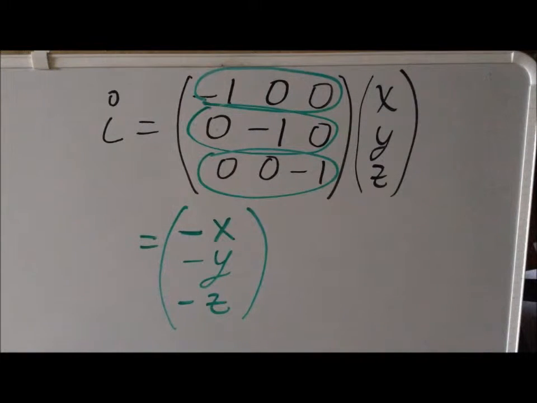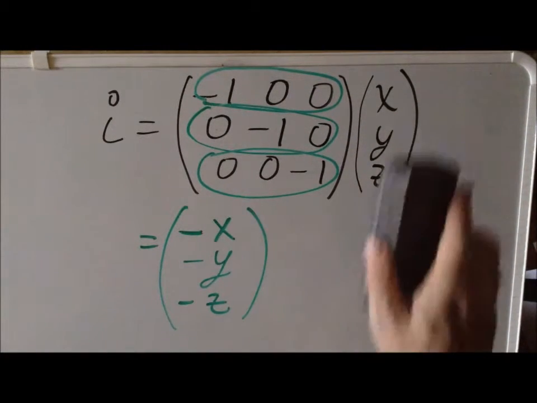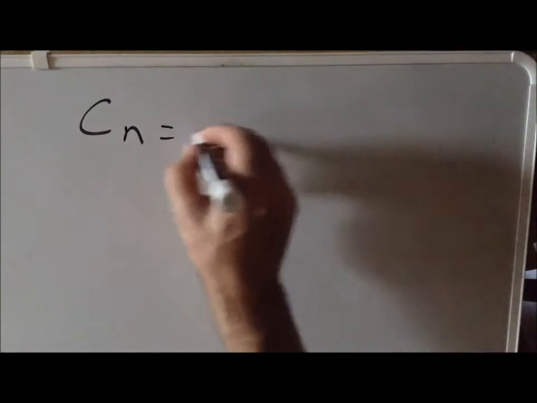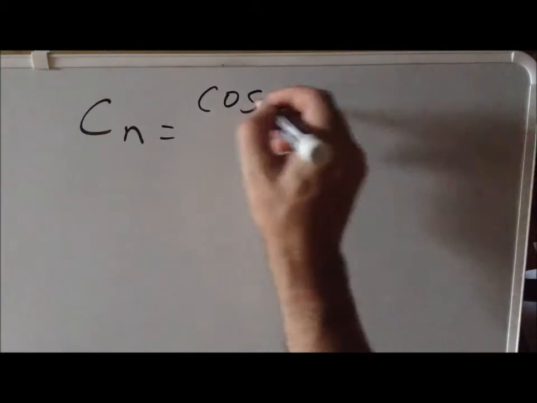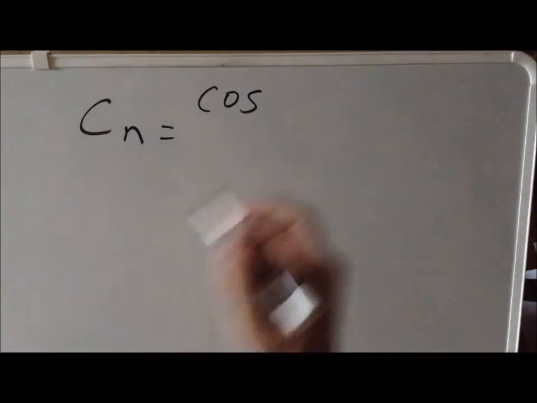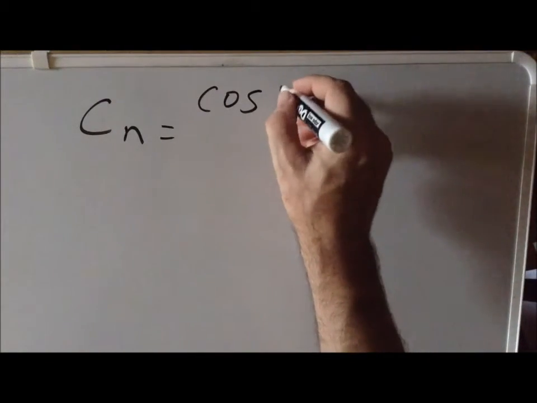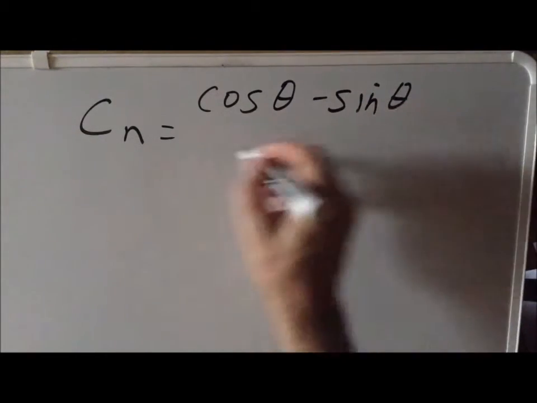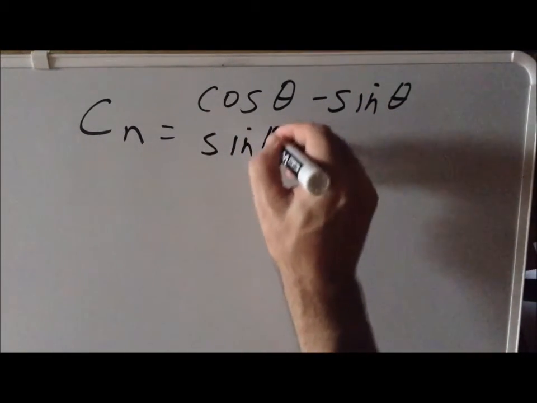Can we extend the rotation matrices into 3 dimensions? Yes. So let's see how we do that. So first we'll write just a generic Cn matrix and see what that looks like. Recall that this was somewhat complicated in 2 dimensions in that the first entry was cosine of the angle. Here we have minus the sine of the angle, sine of theta, cosine of theta. So we have 4 entries